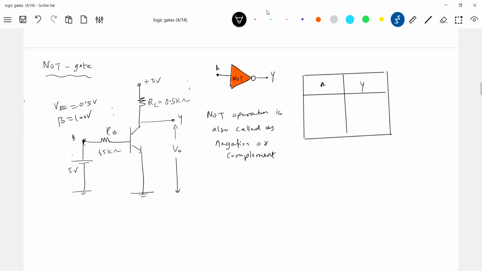What do you mean by complement? Negation of that. Zero will become one. If input is low, output will be high. If input is high, output will be low. Negation, no? I don't think negatively. We say like this: I don't think negatively. Means when you think opposite, complement. It's called a complement, or negation, or NOT operation.